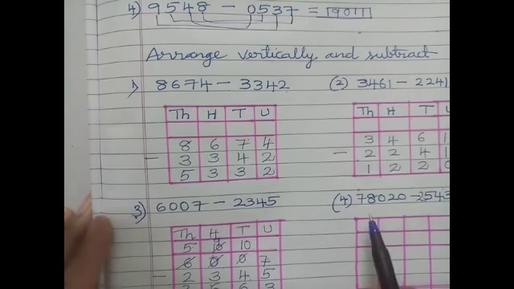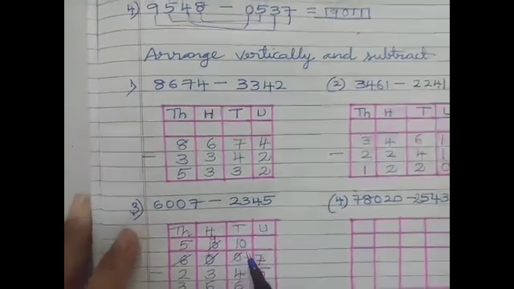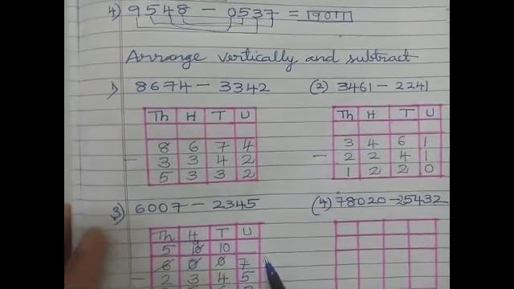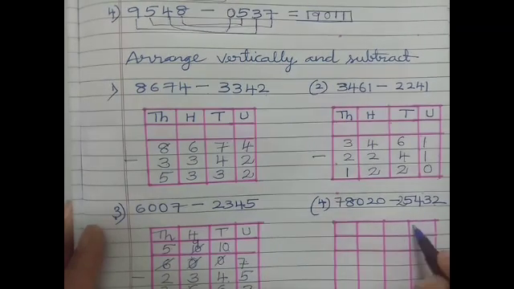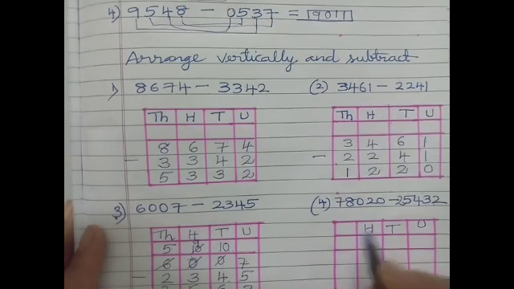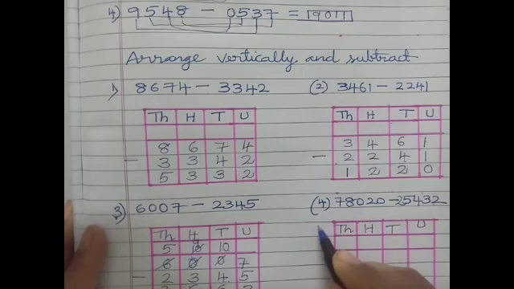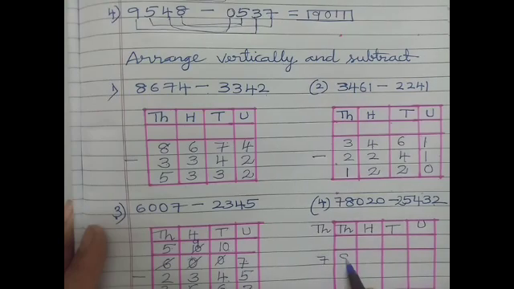Now let us move on to the next sum. It is a 5-digit number. So how we have done the 4-digit number? In the similar way, we have to do the 5-digit number. So here we have units, tens, hundreds and thousand and 10,000s place. So here 78,020 minus